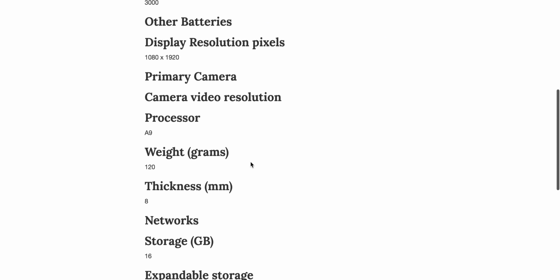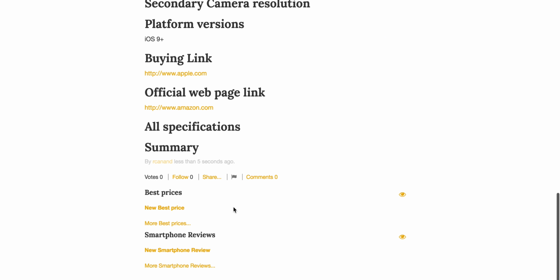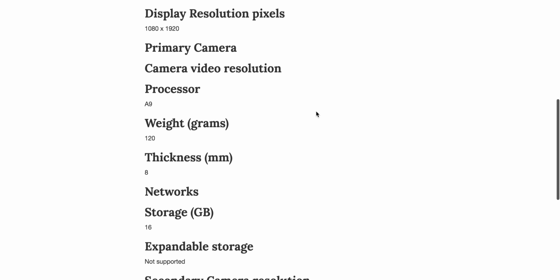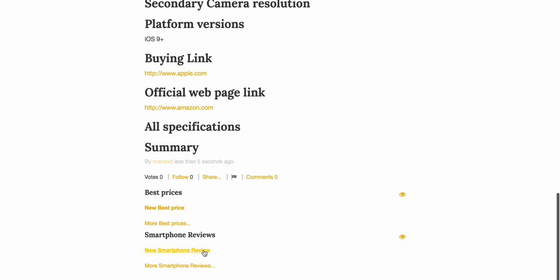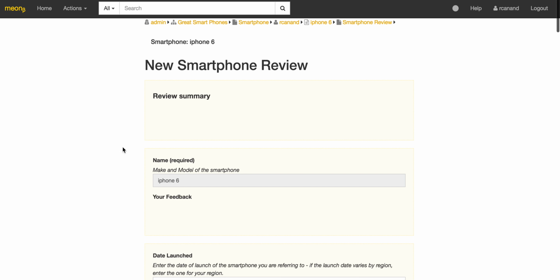And now I've added this phone. Now I can add a review. So the whole purpose of this exercise was to add a new review and show you. So now that I've added all these fields, maybe the review needs to review every aspect that's been added. And so, let's add a review. Now you'll see how the automatic structure of what got created